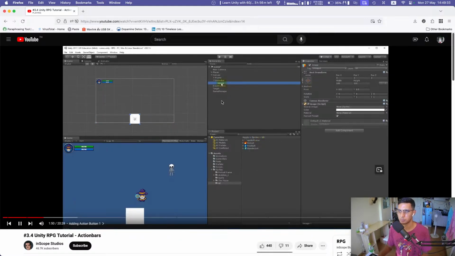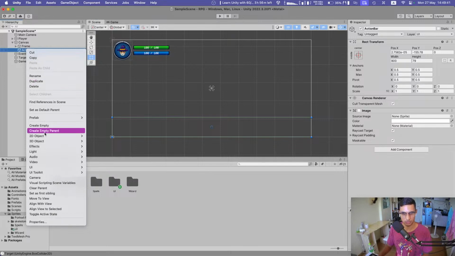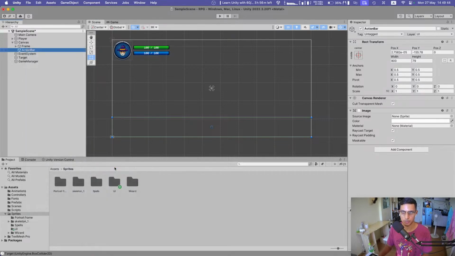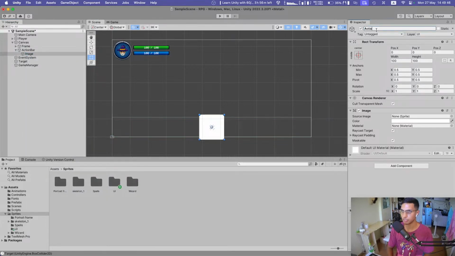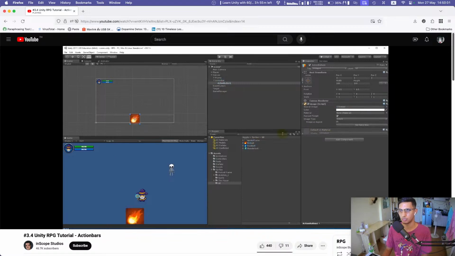And this image is going to be called action button 1. Action button 1 is going to be our fireball. So select it and take the fireball and drag it onto it. And it's kind of large, right? So we can